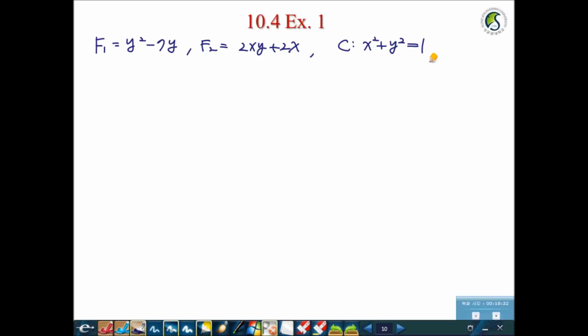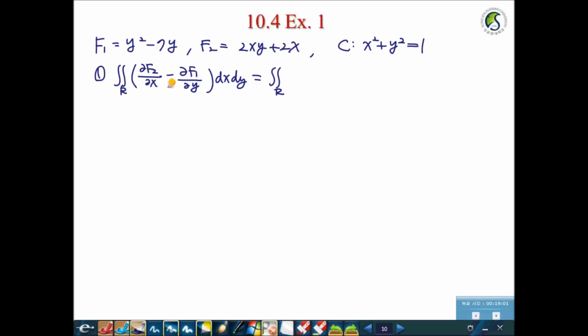In that case, we calculate both ways, double integral and line integral, and we're going to compare the calculation results and see if they're the same. So the first one is the double integral. Let's do it. df2 over dx minus df1 over dy, dx dy is